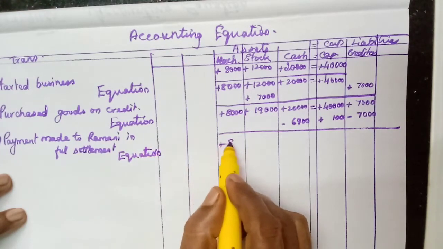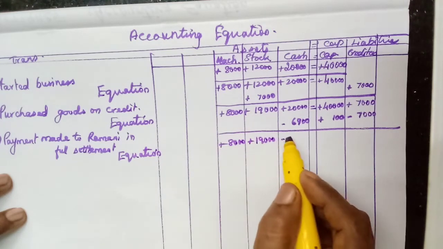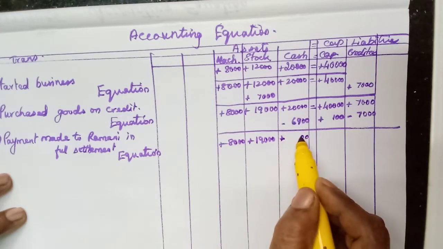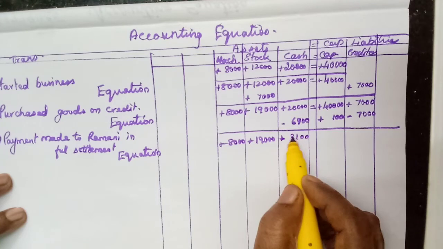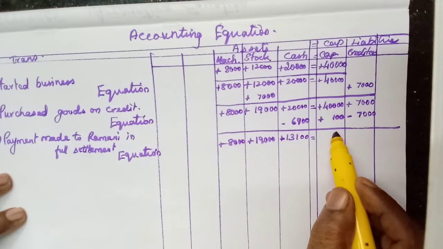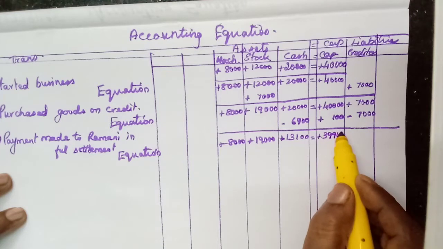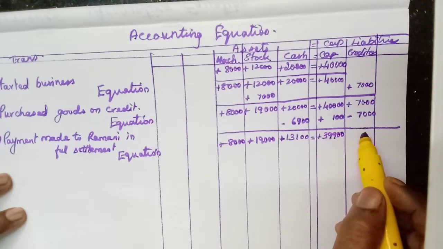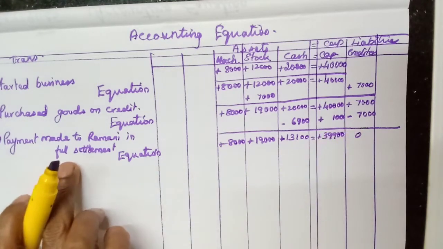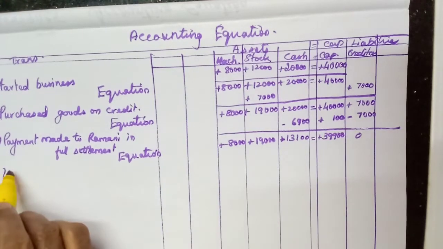Plus 8,000, plus 19,000, minus, plus we should deduct. 10 minus 9, 1, then 9 minus 6, 3, 1, equal to 39,900, isn't it? 39,900. Here 0, nothing, no balance. You can write 0 because plus 7,000, we have made that one full settlement. We have paid fully. Now the fourth transaction, sold goods to Rajan,